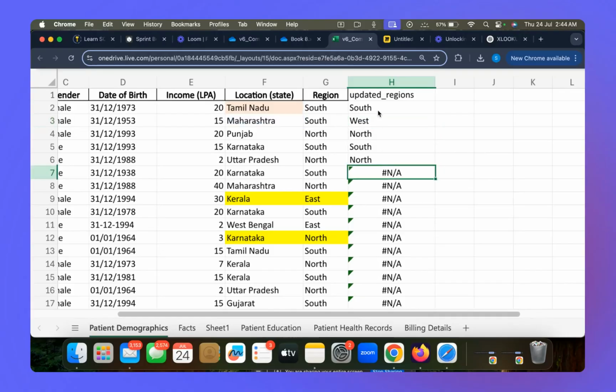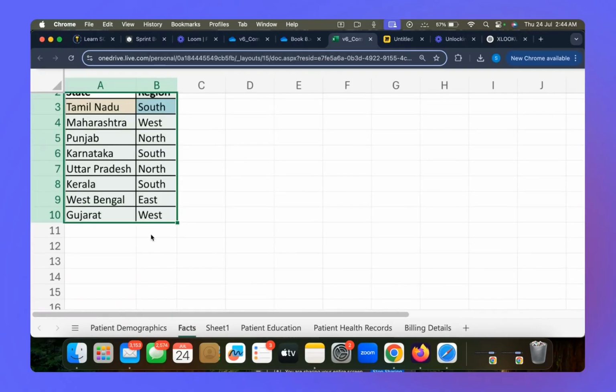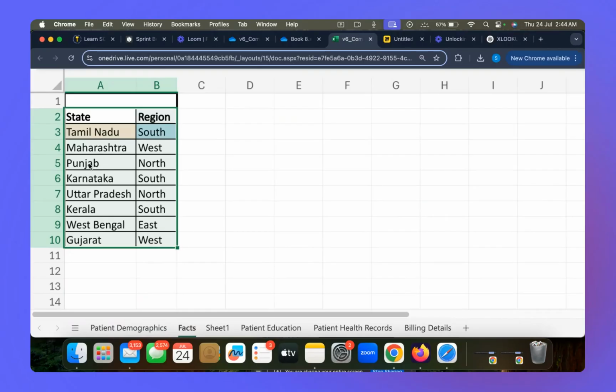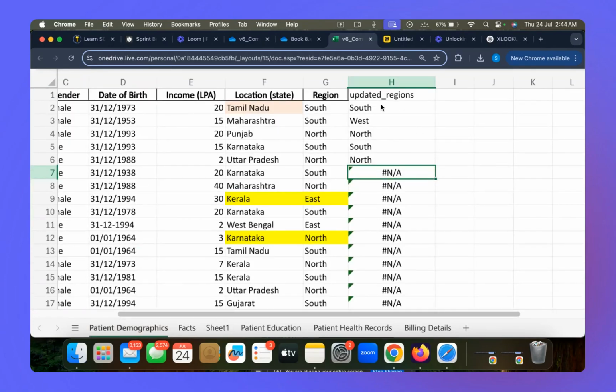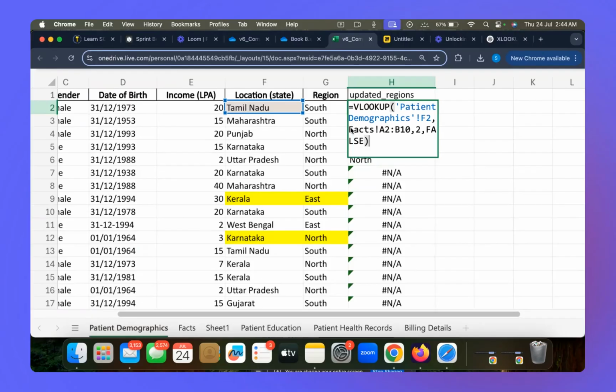So what am I supposed to do in that case? In the original formula that you wrote at the very first go, you need to fix this address. How do we fix something in Excel? So basically, this is my address sheet and I need to fix it. To fix something in Excel, you just have to put a dollar sign. So I need to put a dollar sign in front of A, 2 and B and 10. So I'll put a dollar sign here, here, and here also. This is a topic of absolute referencing.